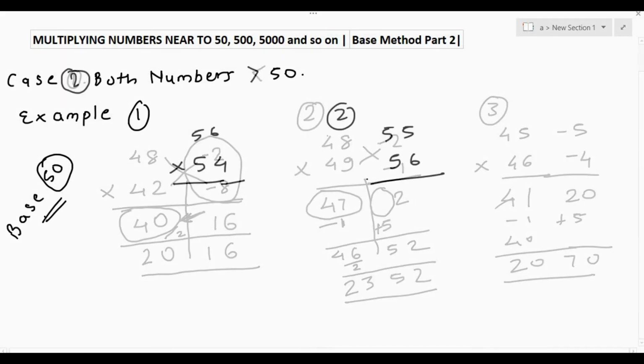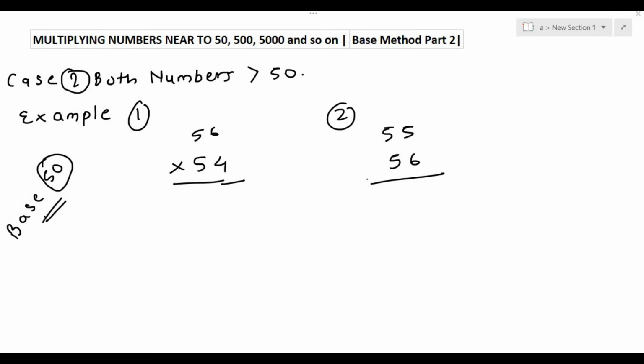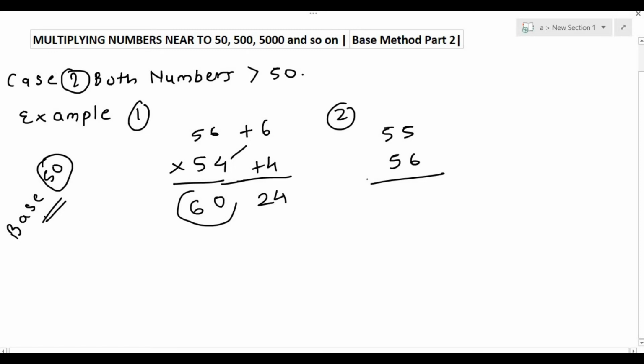So here I've taken two examples for case 2. Case 2 will also go in the same way, only on the right side there will be a plus, and the rest of the case will be the same. So here we get 24 when we multiply these two numbers, and 54 plus 6, that is 60. This is an even number now, so we only divide it by 2. So very easy, 3024 is the final output